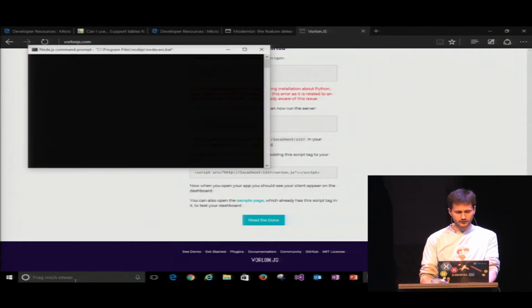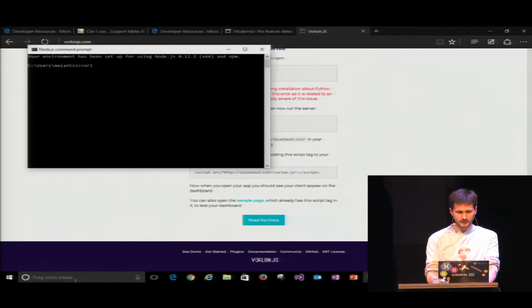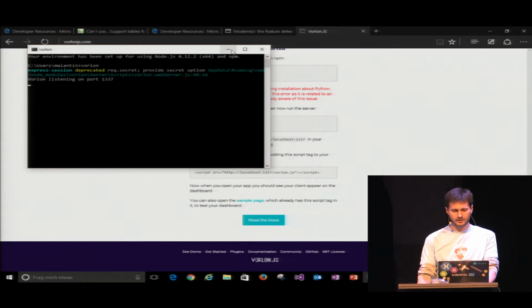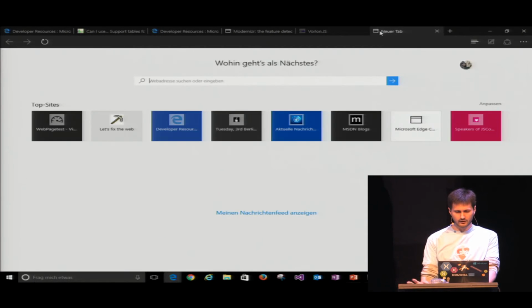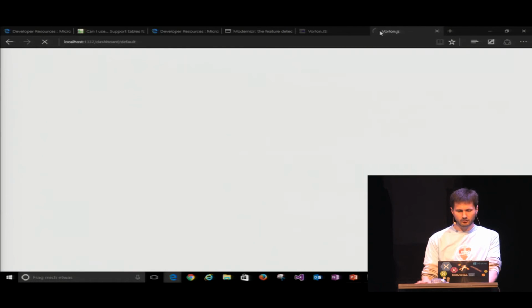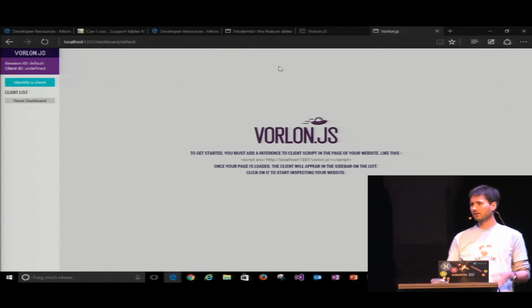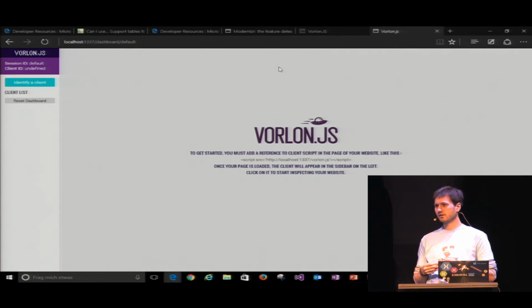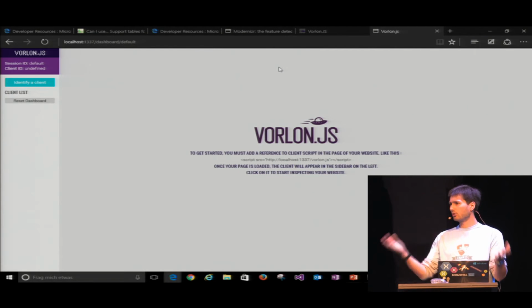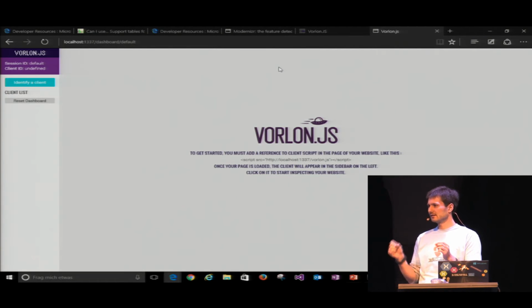So let me do this from the Node command prompt here. Simply type vorlon to start the server. And once the server is started, you can access the server from any browser on your machine. So I will open the dashboard now. It's on localhost:1337. And once the dashboard is loaded, you can connect your web application to that dashboard from a mobile device or ten mobile devices, different browsers, and start debugging your website from this browser,